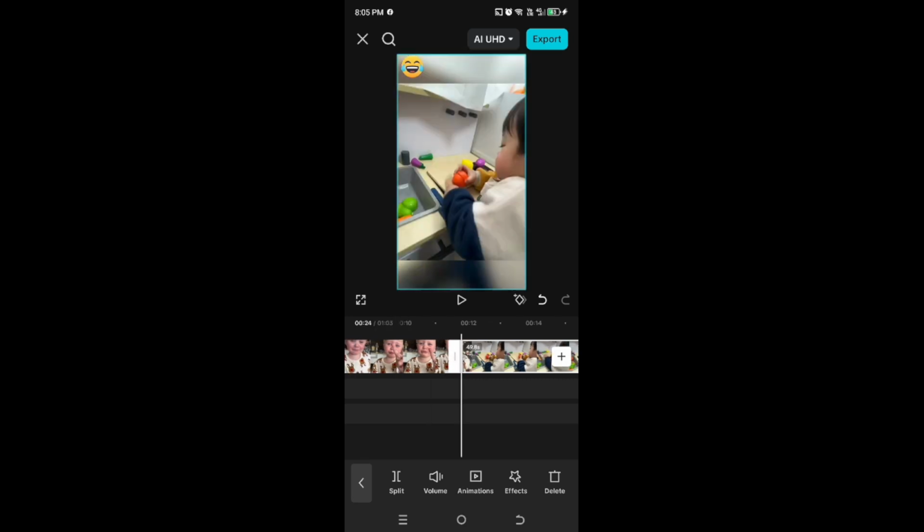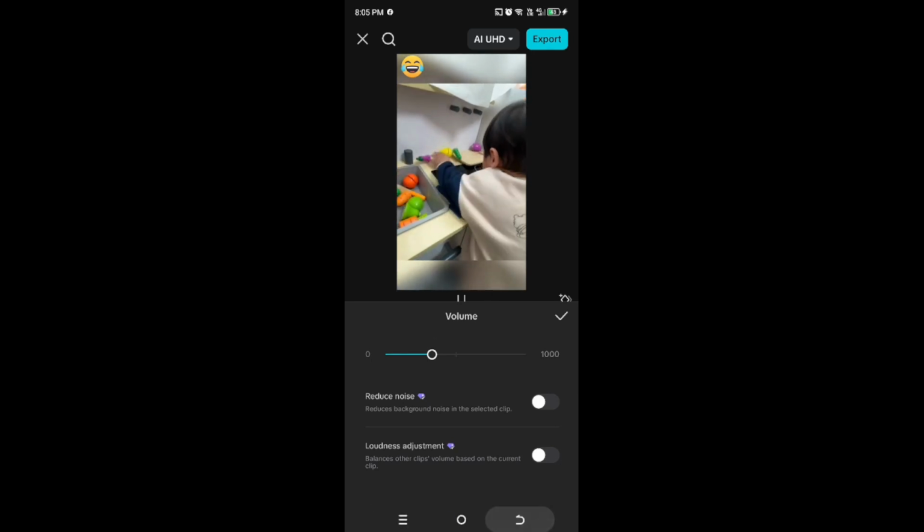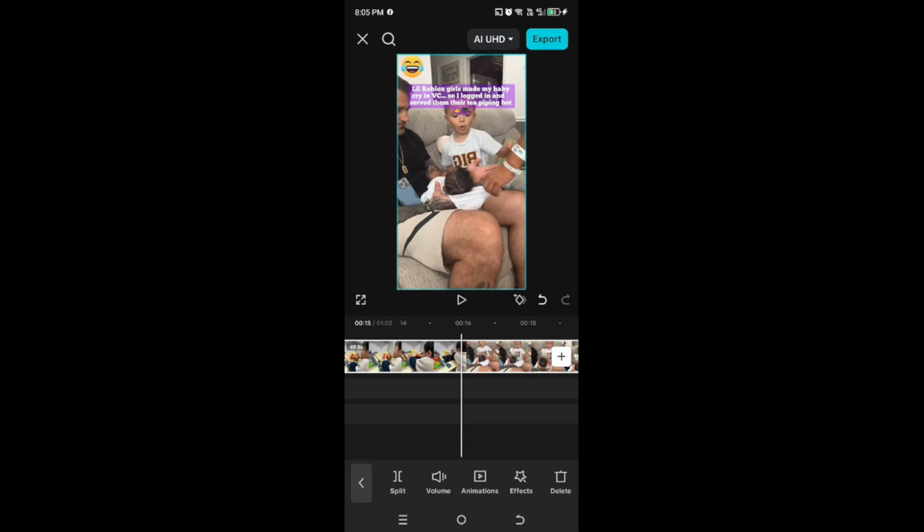If you hear breaths or consonants leaking through, nudge your splits a frame earlier or later until it sounds natural. To keep pacing smooth, you can add a tiny fade in or fade out on the audio before and after the muted segment. If you want a classic bleep instead of silence, tap Audio, choose Sound Effects, and search for